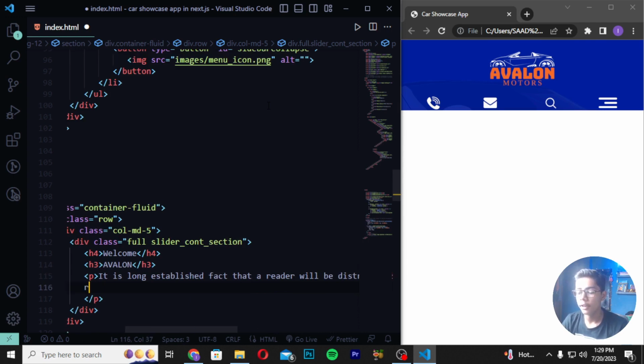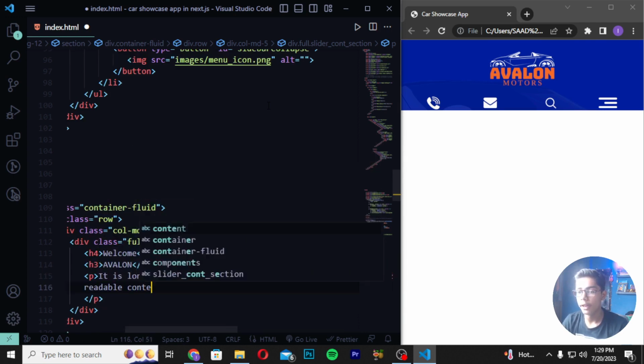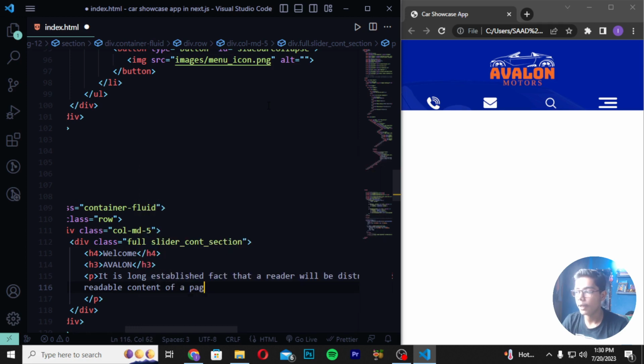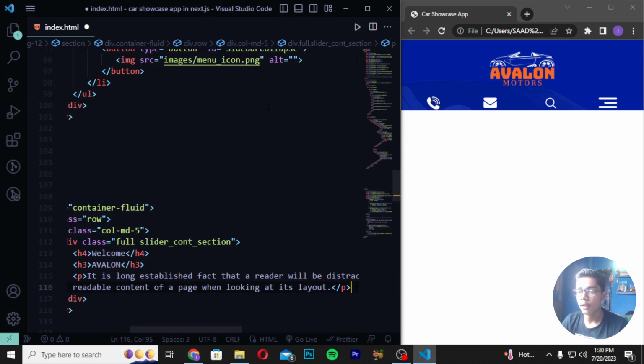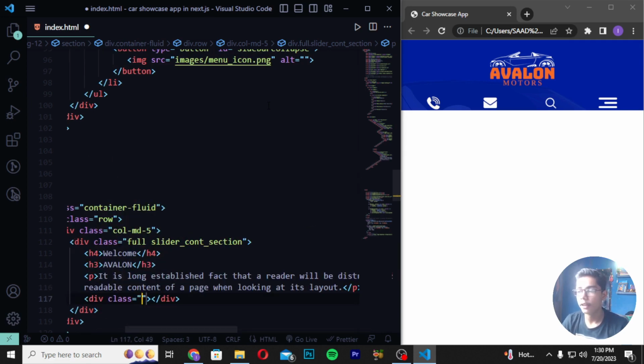Then I will be just writing here readable content. Then I will now be writing off a page when looking at its layout like this. Now you have to just take this P at the top where we have written our last layout. Now when you've written this, create a div tag under this P tag, close the P tag, then write here button,